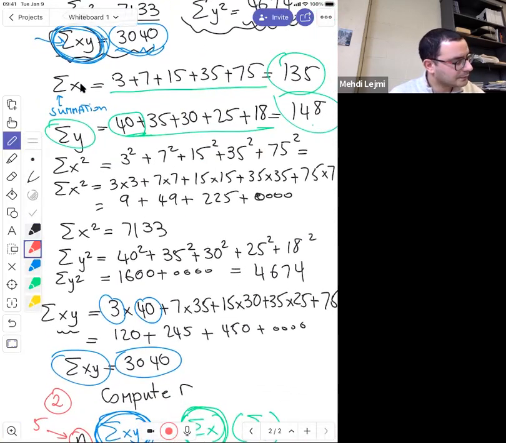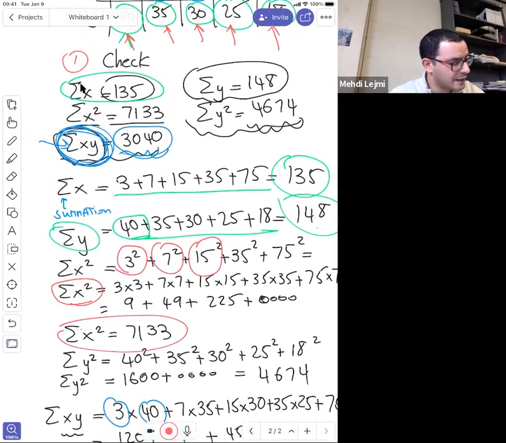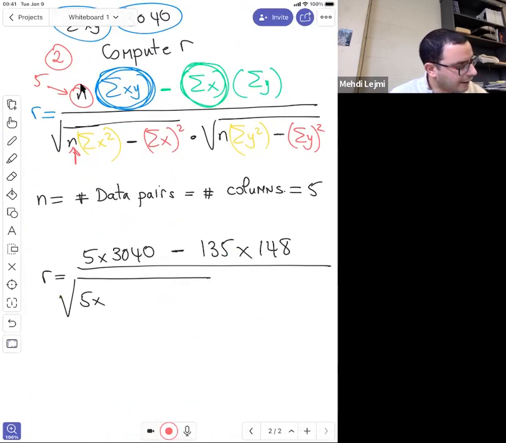You see the sum of the x squared. So you take the square of the first x plus the square of the second x plus the square of the third x, etc. And we got 7,130. That's the sum of the x squared, right? This number right here, 7,130. So it's 5 times 7,130. All right, now where I think it's kind of confusing, minus,